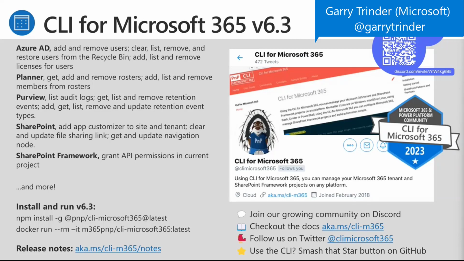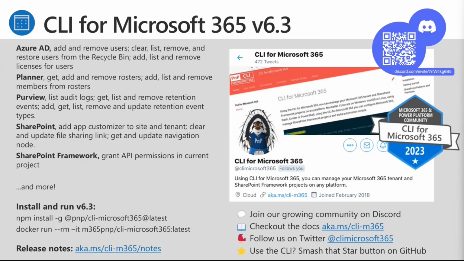So basically, yeah, the latest release is version 6.3. We've got commands across Azure AD, Planner, Purview, SharePoint Framework as well. There's over 30 commands in this release, so there's absolutely tons. So if you want to get the latest version, you want to get that from npm, use the @latest tag, and if you are using our Docker container, use the @latest tag on there as well to get the version 6.3. Check out the full release notes at